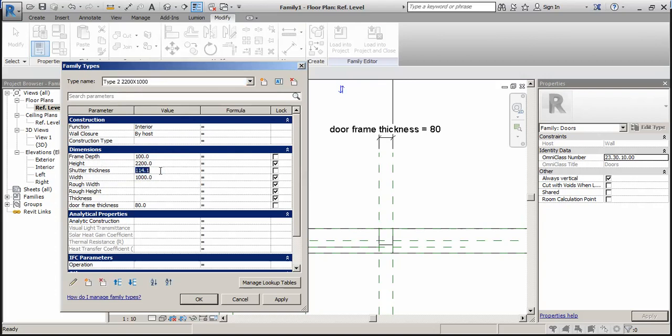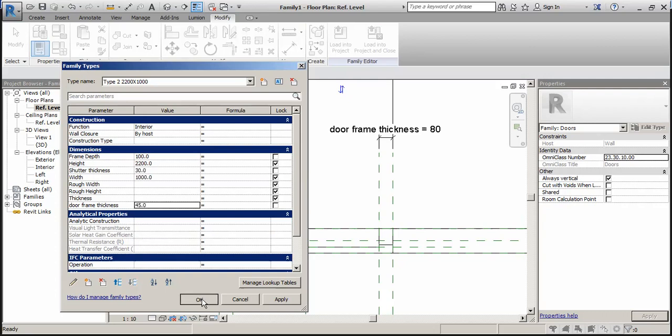We can decrease this to 30. And width is 1000. And door frame thickness, we can take it to 45. Okay.